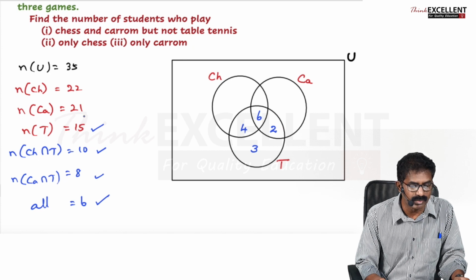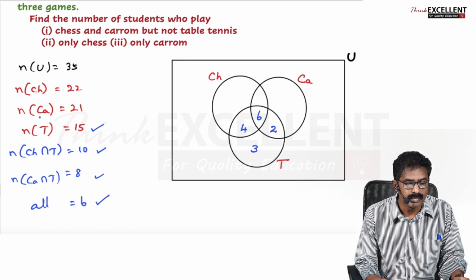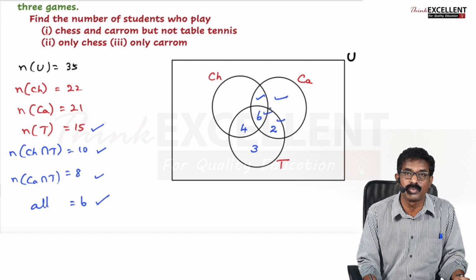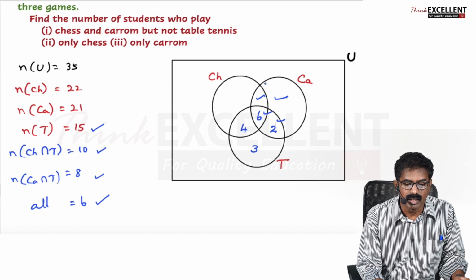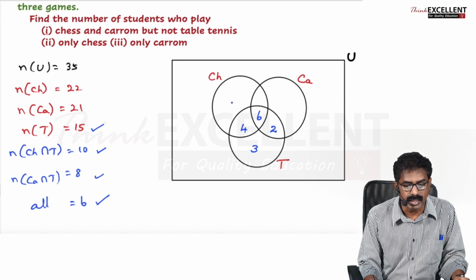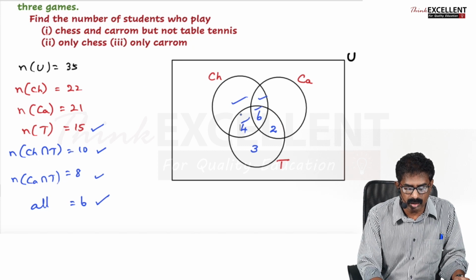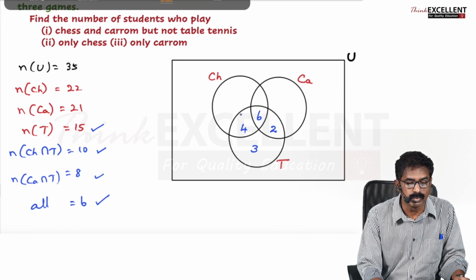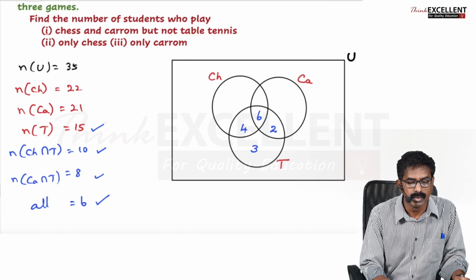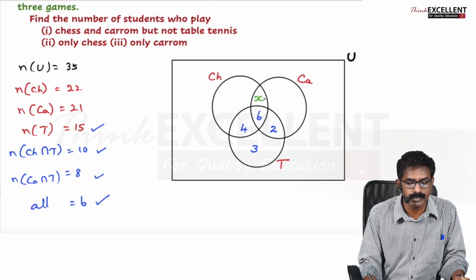Now listen very carefully. Now, carom 21. Carom means this and this, 21. This 6, 2. Everything together you get 21. But 6 and only 2 numbers we know, so you cannot write that. Then chess 22. That means again 1, 2, 3, 4. All the 4 together only it is 22. So something we don't know. So I am taking this one as X.